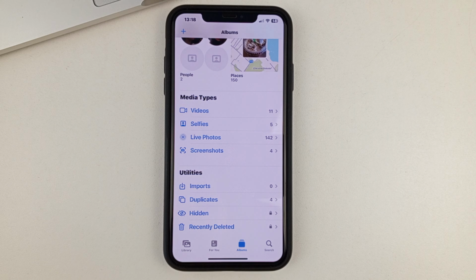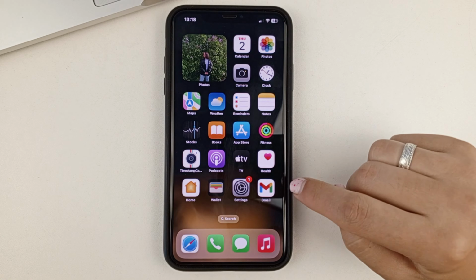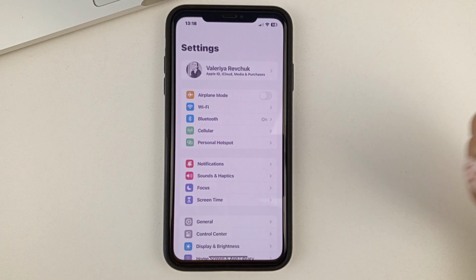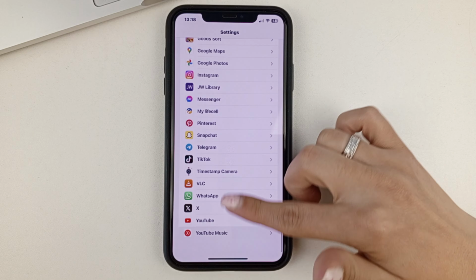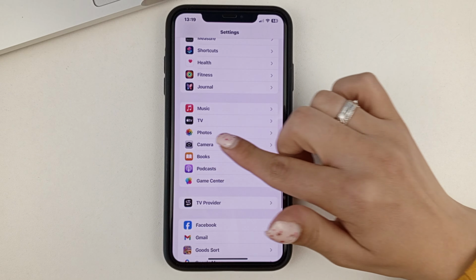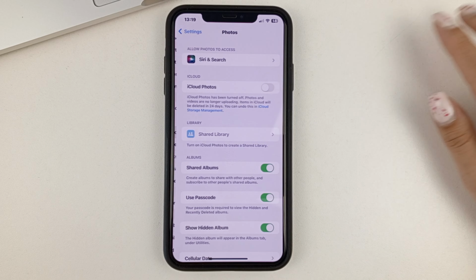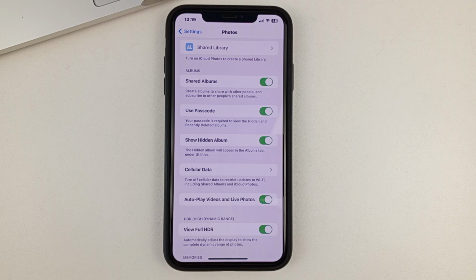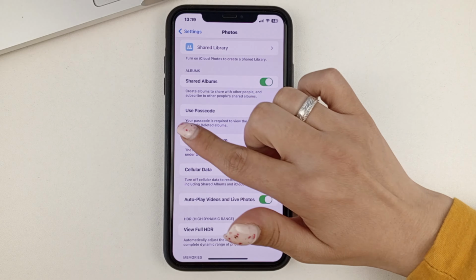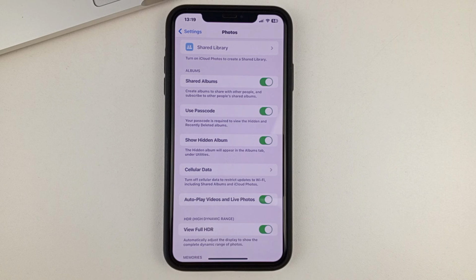And now I'm going to show you how to put a password on it so that no one can see your media files. To do this, you'll need to go to your phone settings. Then scroll down to the bottom to find Photos. And then scroll down a little bit as well, and find the section called Use Passcode or Use Face ID, depending on what you have on your phone lock.